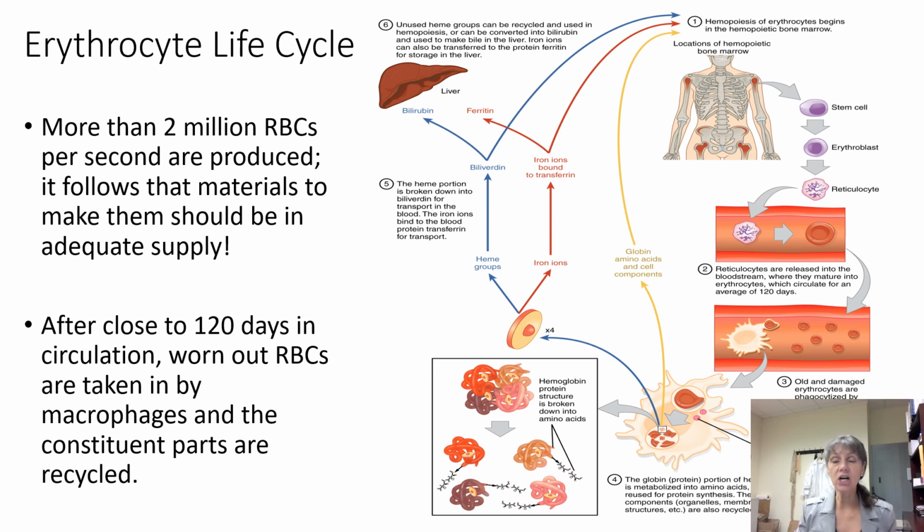If we take a look at this picture on this slide, you can see the beginning of the life cycle of an erythrocyte in the upper right hand corner, where it shows that hemopoiesis or hematopoiesis begins in the bone marrow, where we have hematopoietic stem cells that will undergo mitosis and divide, and some of those cells, half of them, will remain as stem cells and will continue to divide, and the other portion will go on to become